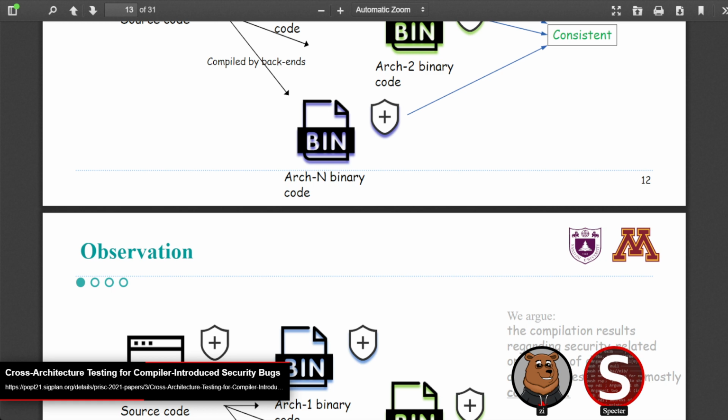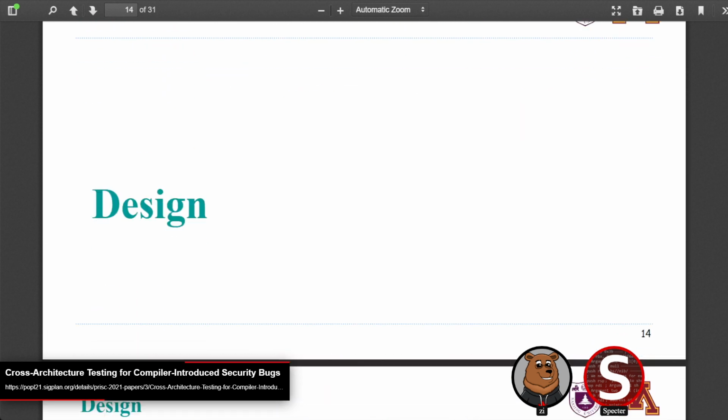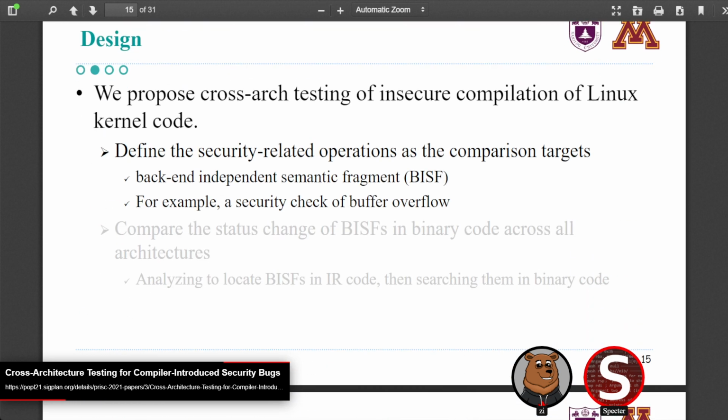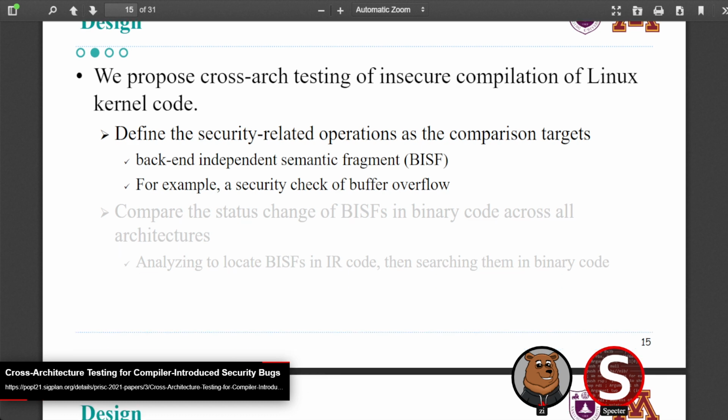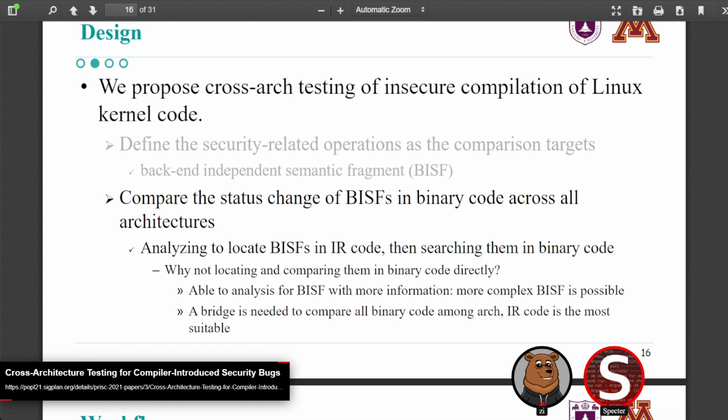Now, I don't really know if the researchers looked into this, but something I'd be interested in is, they're doing these heuristics at the IR level. I wonder how CodeQL integration could work here. Trying to use CodeQL to find security checks and create these BISFs that they could then import into their IR analysis. I don't know. I think that could be interesting, and it perhaps could make things easier. But I feel like the LLVM analysis would actually be easier because